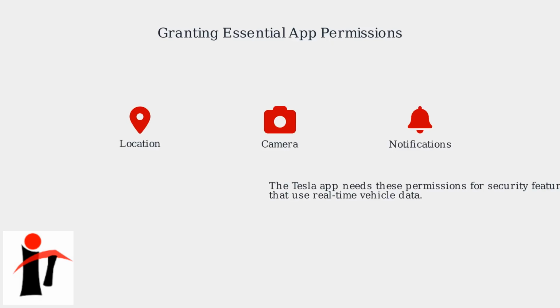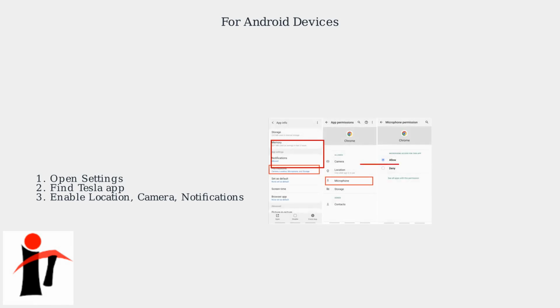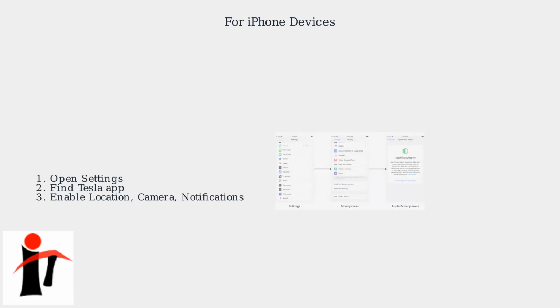The Tesla app requires specific permissions to function properly, including location, camera, and notifications. Without these, security features that rely on real-time data from your vehicle may not work. For Android devices, go to your phone's settings, find the Tesla app, and ensure location, camera, and notification permissions are enabled. For iPhone devices, access your settings, locate the Tesla app, and verify that location, camera, and notification permissions are turned on. Always check your Tesla app permissions to make sure security features that depend on real-time vehicle data are